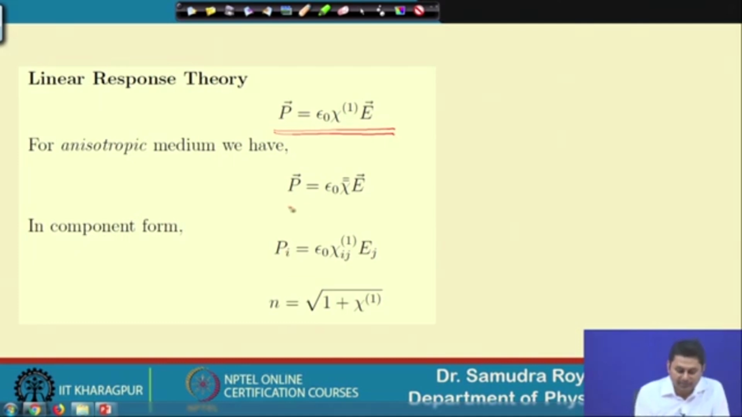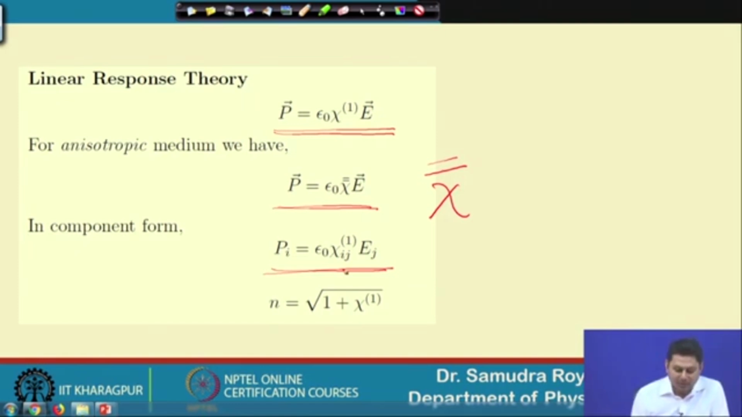But in an anisotropic system, we know that polarization can be represented in terms of this chi bar bar. Chi bar bar is not a scalar quantity, rather it is a tensor quantity. So, we need to write it in component form, as we have used earlier. So, P, now written in component form, the ith component of P will be represented by the chi as Ij